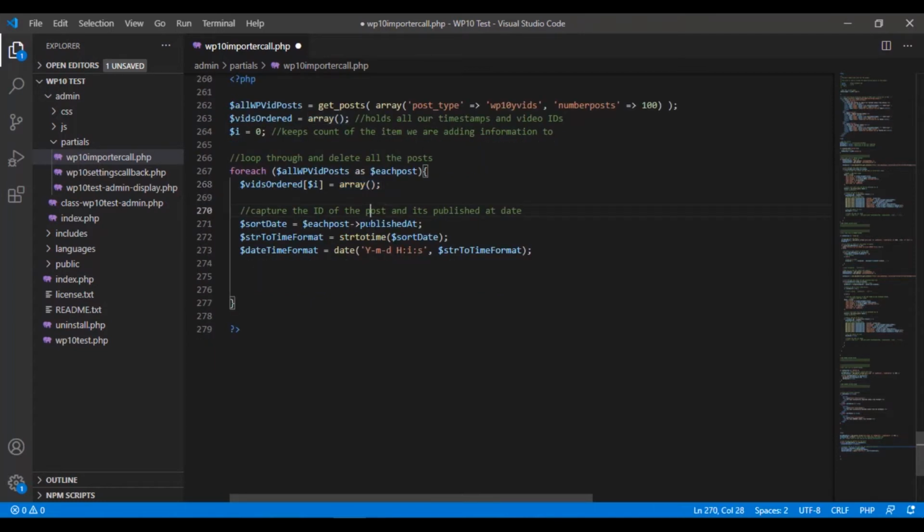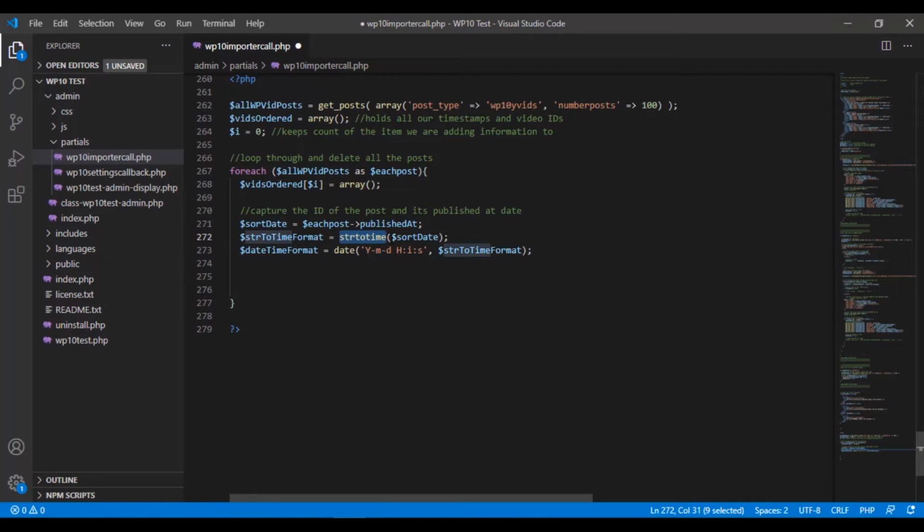Then here's the part that's difficult to understand. The rest of this should be a lot simpler. First thing is we had to create a variable. We could have called this anything we wanted, we called it sort date, and we grabbed our published at variable from our database that YouTube passed to us and we stored when we imported and renewed our videos. Then we created a second variable where we convert that published at. It's a string in our database. It can't be read as a date by PHP, so we can't sort it. It had to be